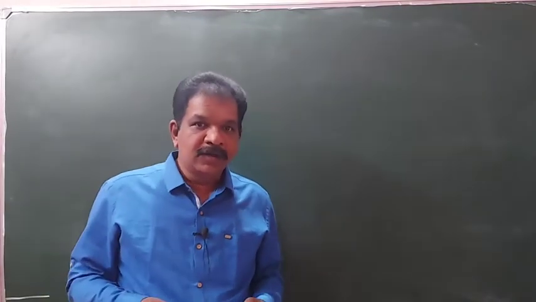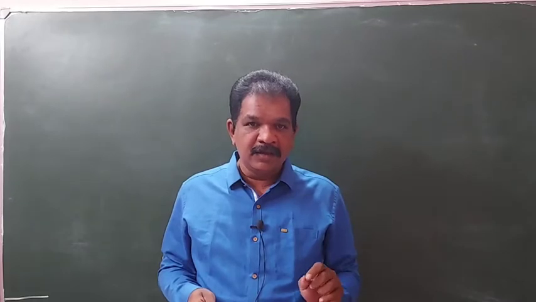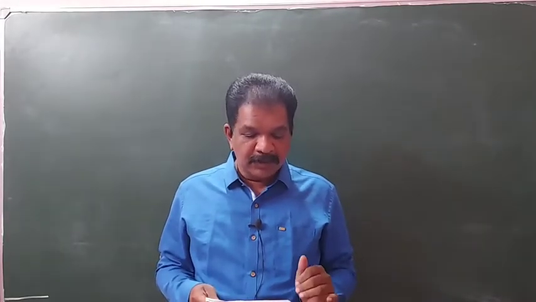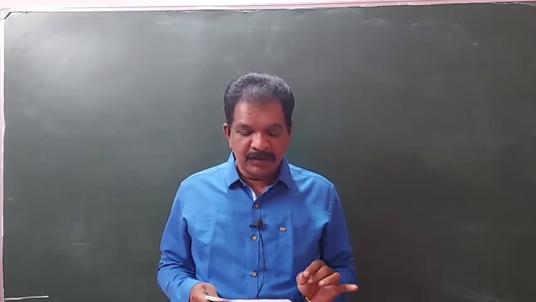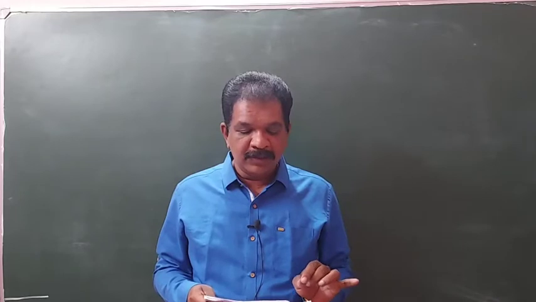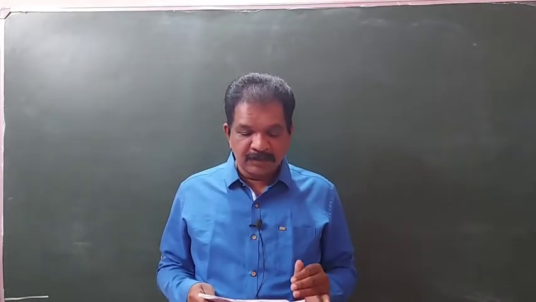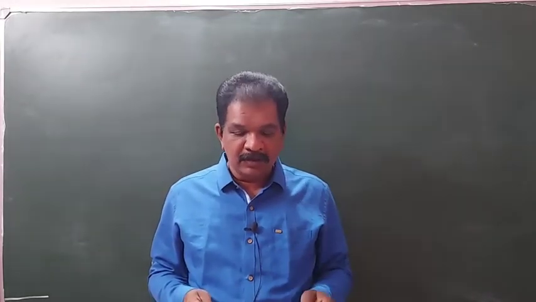Good morning, students. Last class we finished up to problem number 2 in the KCET corner. Problem number 3: two fixed charges A and B of 5 microcoulomb each are separated by a distance of 6 meter. C is the midpoint of the line joining A and B.